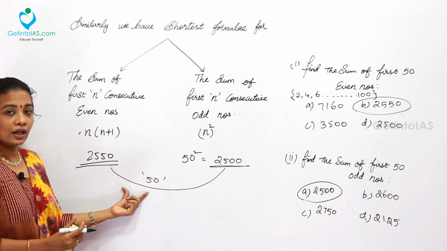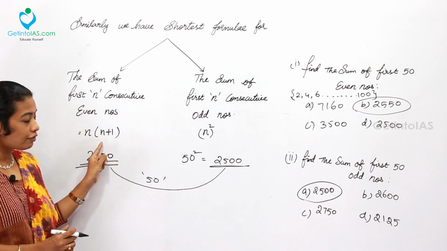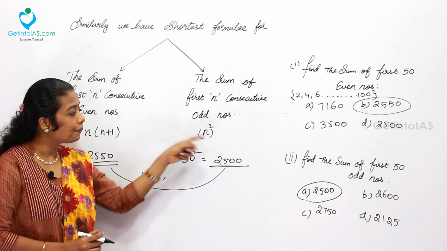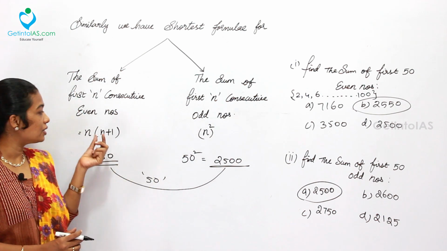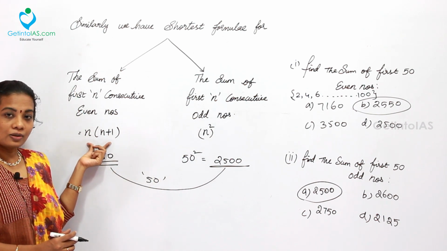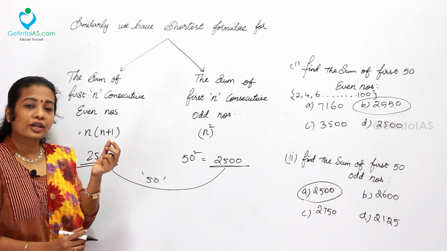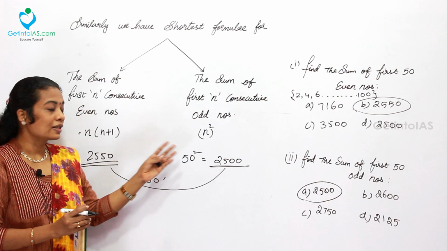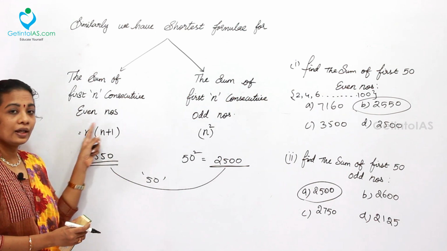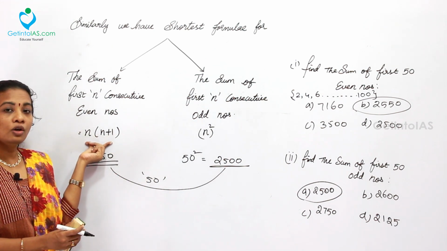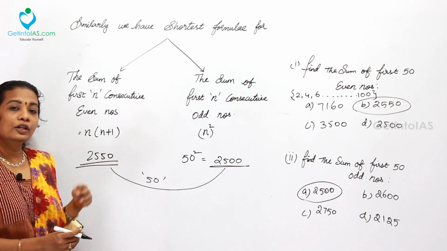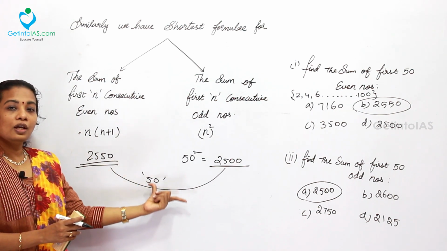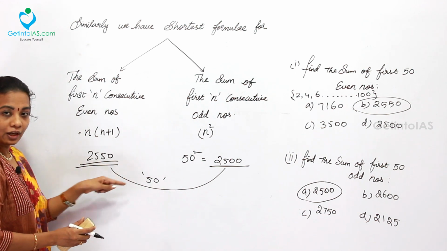So similarly, instead of taking the even number formula, you can first take the odd number formula, then plus n. That will become very easy, because saving every 2 or 3 seconds will give you a lot of time in the examination. Also, if you take the traditional or usual approach, it will consume your time. At the end of 50 or 60 questions, it may save your time. So for that we can use it.